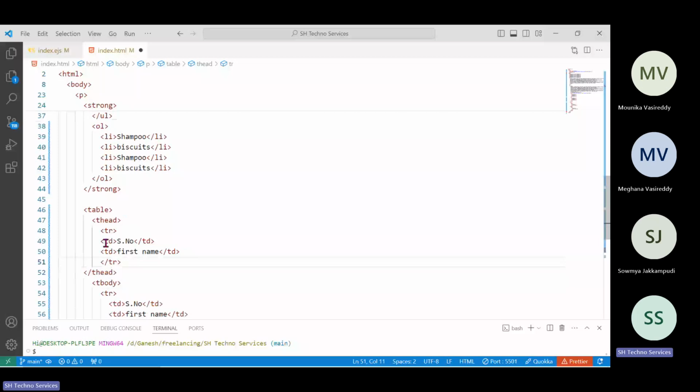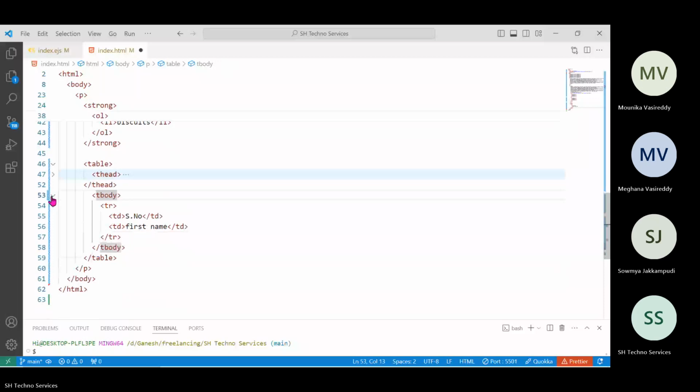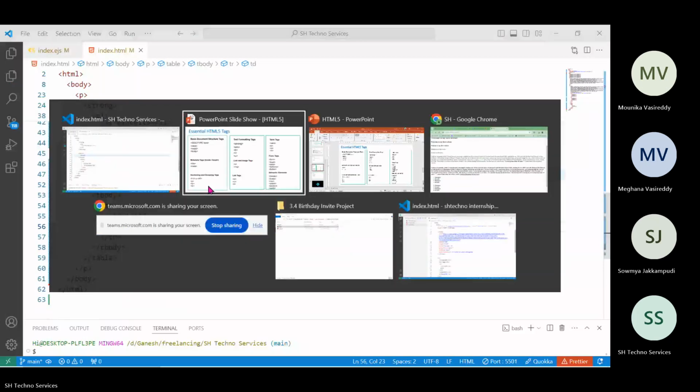Just neatly format this. You see, inside thead, and this is the tbody. Serial number is 1. And the first name is something like Ganesh. See here, we have formed the table. We'll get the table vertical and horizontal lines also. For that,